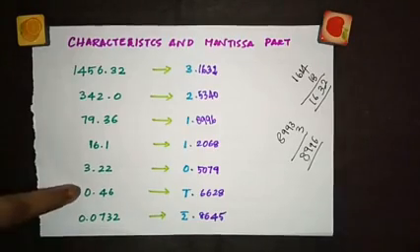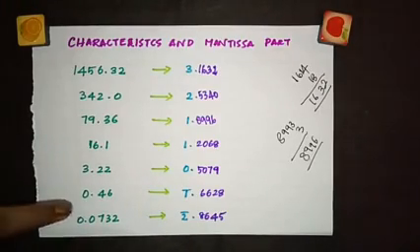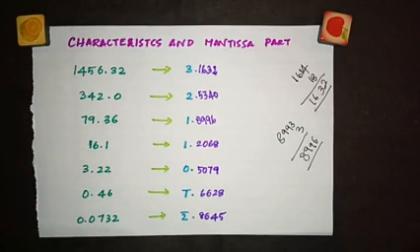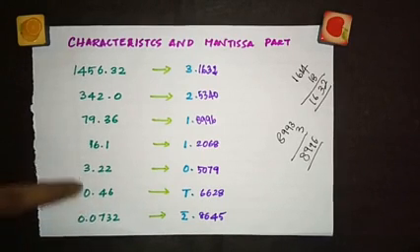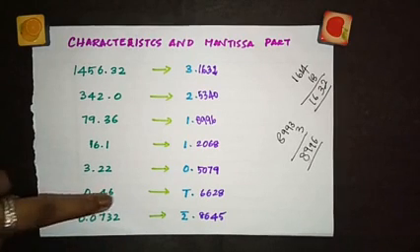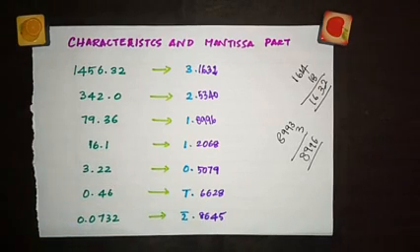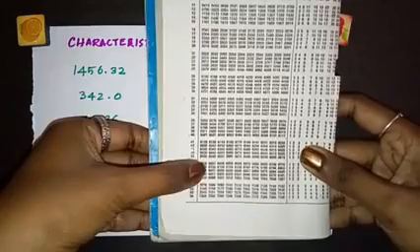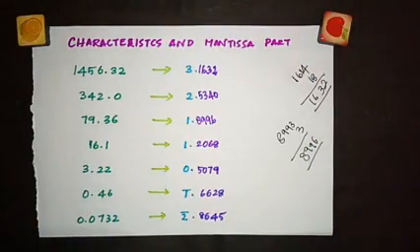If it is not clear, you can have your own log paper or log book, and it is given at the back of your textbook also, so that you can follow what I am teaching. For this value 0.46, you have to start with the significant figure, which means non-zero value. It starts with 0, so leave this 0. So you have to look for the 46. You don't have a third digit. If the third digit is not there, you have to take it as 0. So you will look for 460. So your 46 is here and 0 value is here. So 460, and you're getting an answer of 6628.